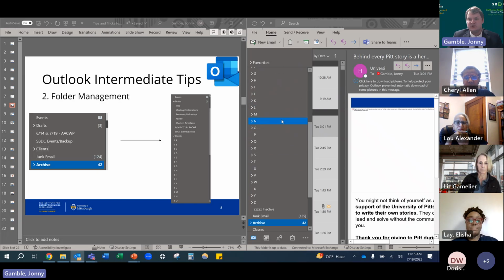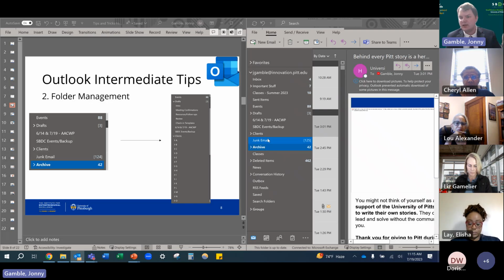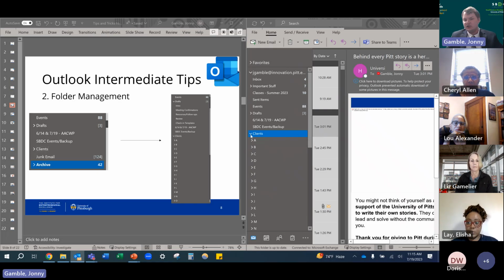What's really nice about this is, let's say I'm trying to look for something specifically in here. If I just minimize that folder, suddenly everything looks manageable again. I'm not overloading my bar on the side of the screen with every single person I've ever worked with before. But it's organized in a way where if I need to find someone quickly, if I need to find John Doe, I can go to clients, then go to J and find them specifically.